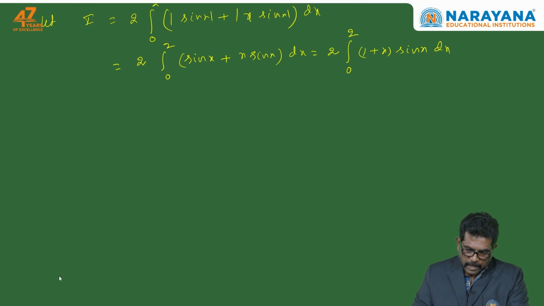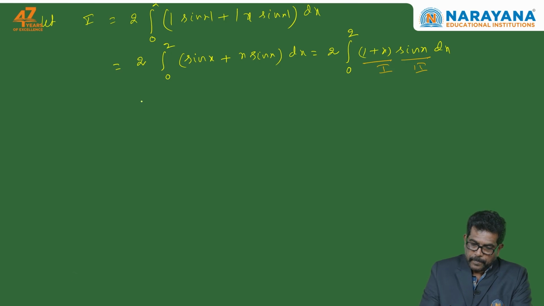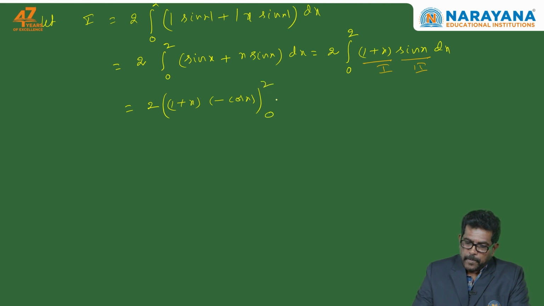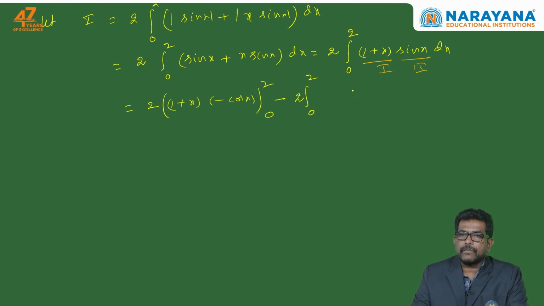Applying integration by parts, I consider this one as the first function, and sin x as the second function. This is equal to 2 times of, applying by parts, it becomes 1 plus x, and the integral of sin x becomes minus cos x, with limits 0 to 2, minus integral 0 to 2, 2 times of the integral 0 to 2, 1 plus x derivative is 1, integral of sin x dx becomes minus cos x,